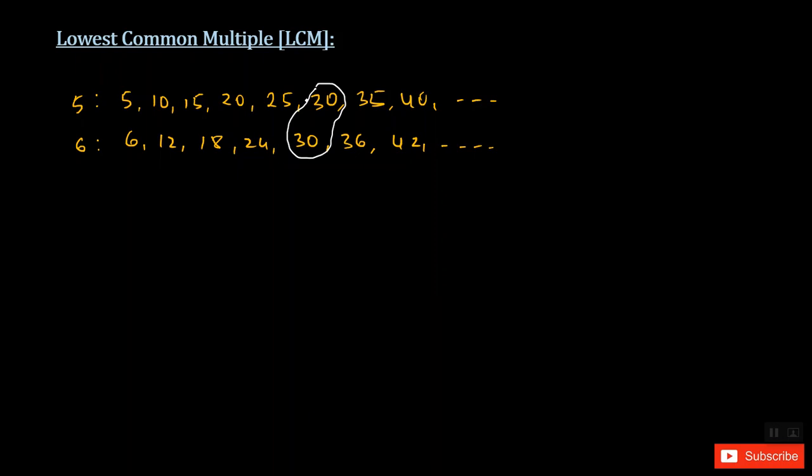It means the smallest common multiple. There are others also. If 30 is there, then next would be 60, 90, 120, and so on. But we are looking for the lowest, the smallest number which is common to both 5 and 6, and that is 30. That is the definition. But how do we solve when there are questions relating to this? You can't just remember all the tables and keep writing and then take the common number. So there are many approaches to solve this, same as the highest common factor.